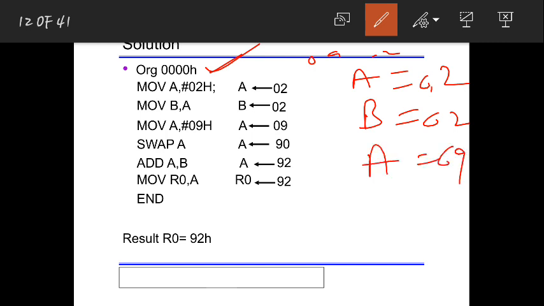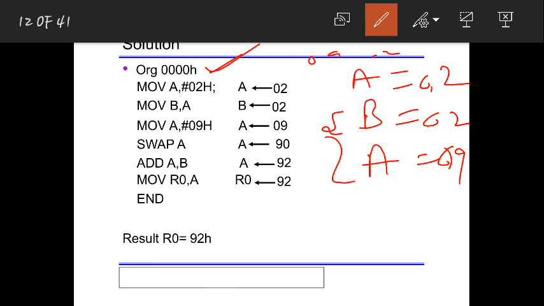Now listen, what I have is B equal to 02 and A equal to 09. Two numbers have been here. Instead you can directly write MOV B, 02 as well, because you wanted it in the B register.